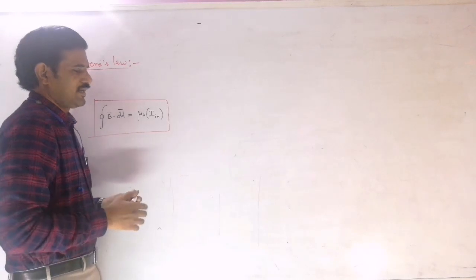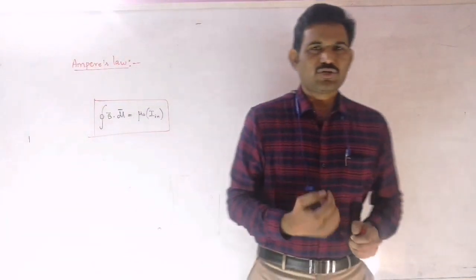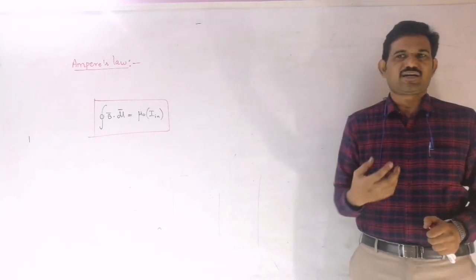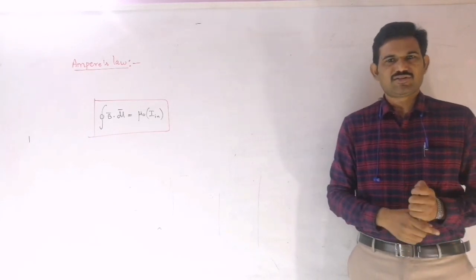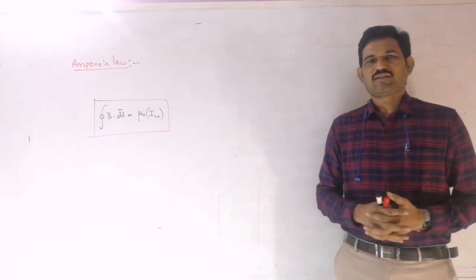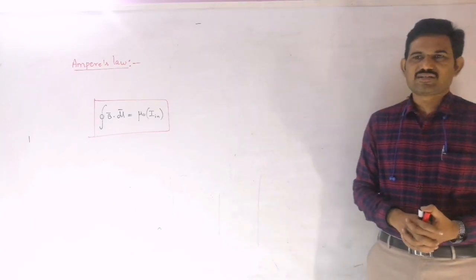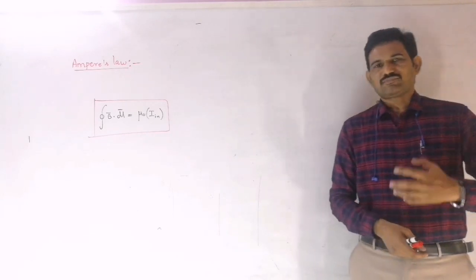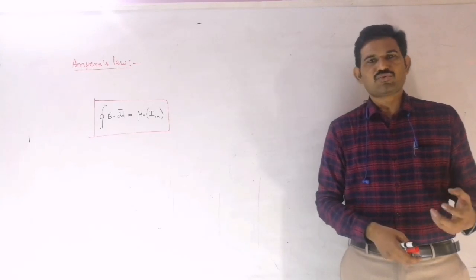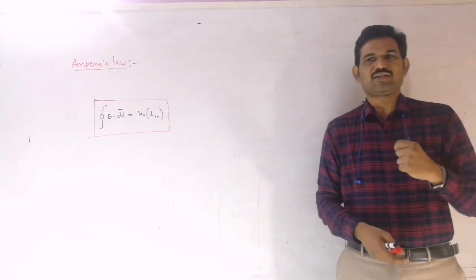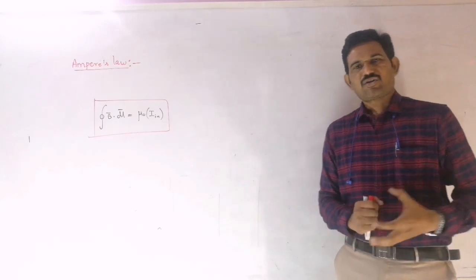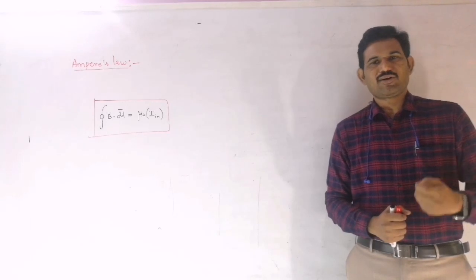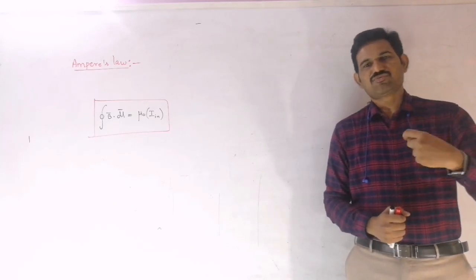Like in Gauss law, in order to apply it, we generally assume a Gaussian surface around the given charge distribution, and then we apply Gauss law for that Gaussian surface, right? Integral of E bar dot ds bar. Similarly, for Ampere's law, we should assume a closed loop around the given distribution of current. That loop is what we call the Amperean loop, that means the path around which we are going to integrate.